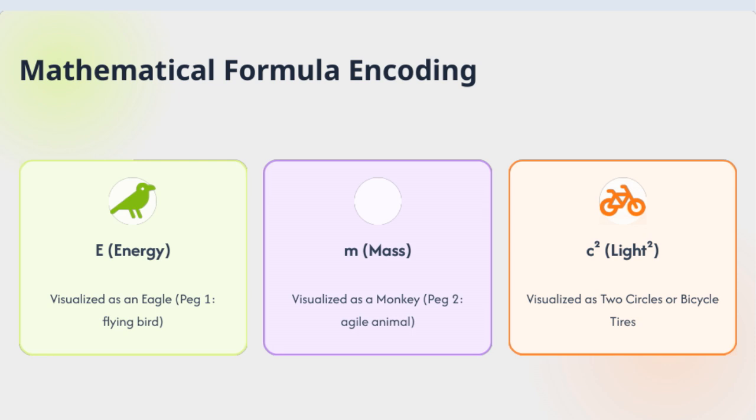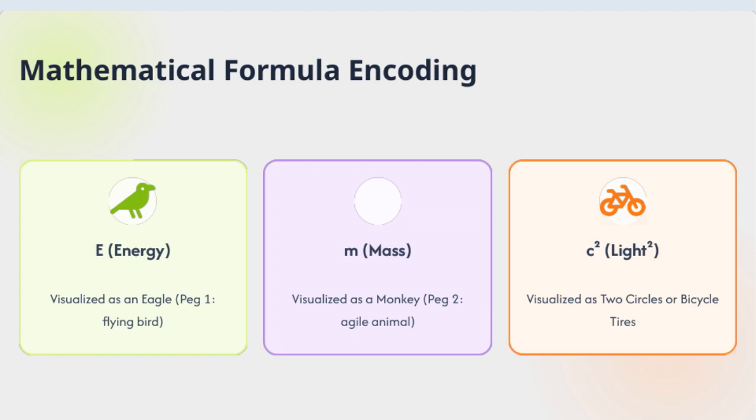It's like saying, with enough energy, mass can be created or destroyed, and vice versa. By visualizing these ideas as animals and circles, we're making a complex equation more intuitive. This ties back to our overall theme, understanding the fundamental principles that govern the universe. And remember, this formula is a cornerstone because it links the concepts of light, mass, and energy in a very